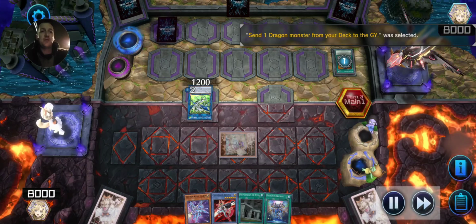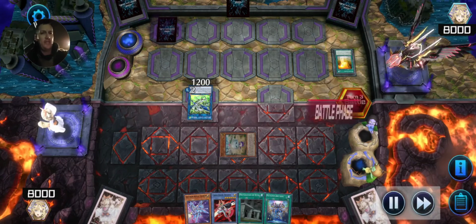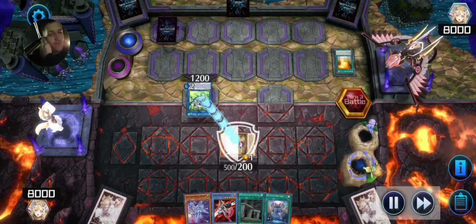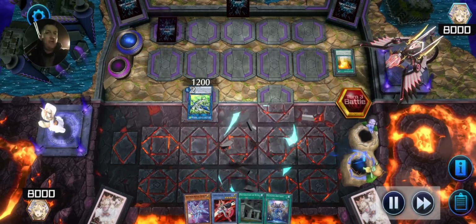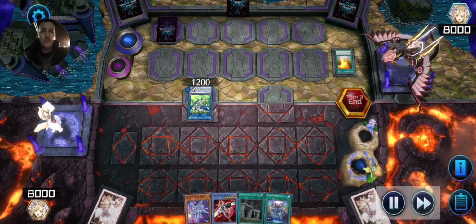Changes his field spells. Now he can start sending dragons straight from his deck to the grave, or from his hand, I believe. Comes in for attack. It was nothing. It was just fodder. I want to keep those guys in my hand. But